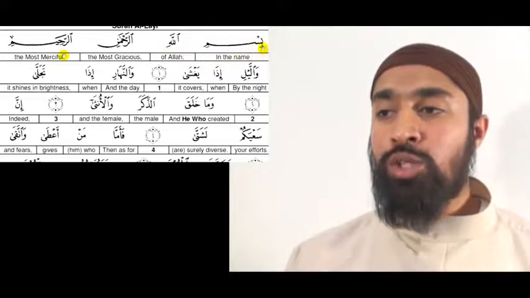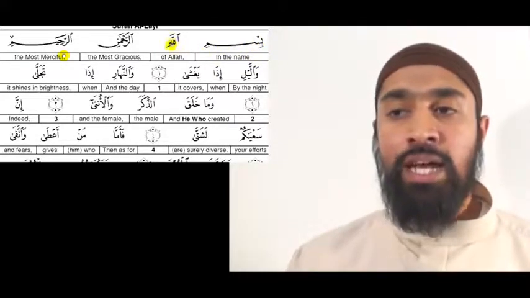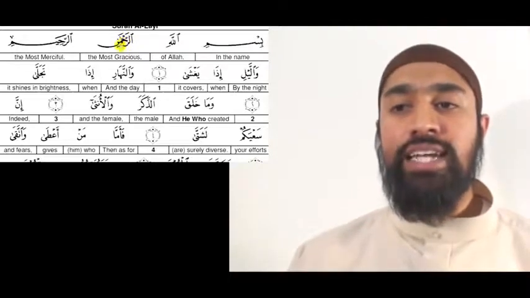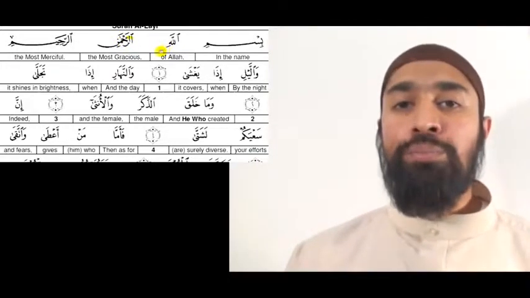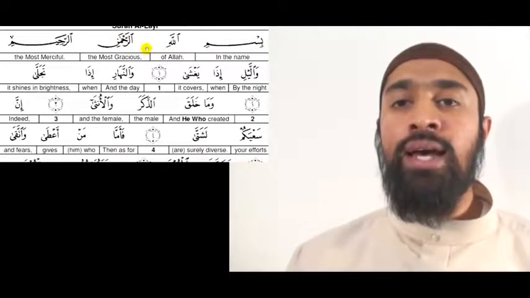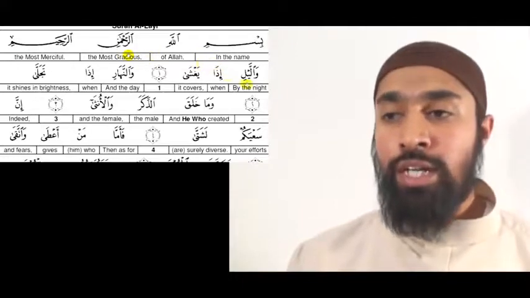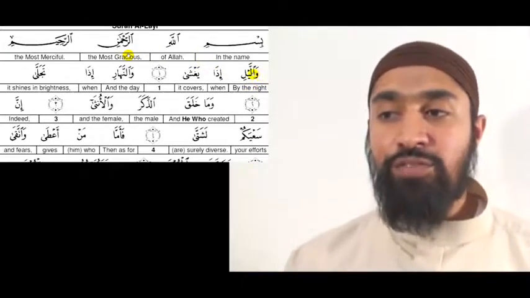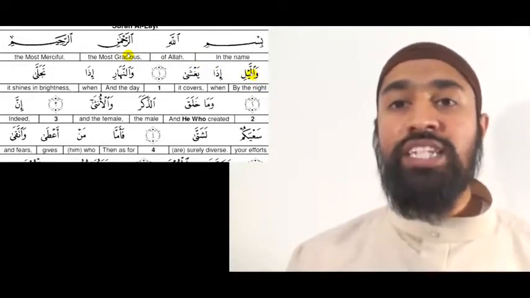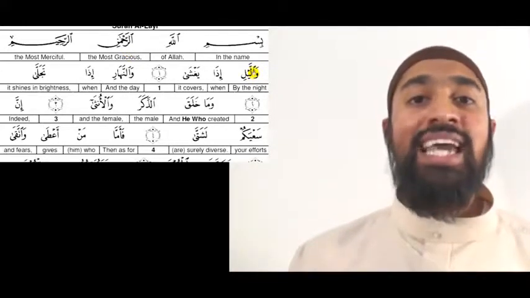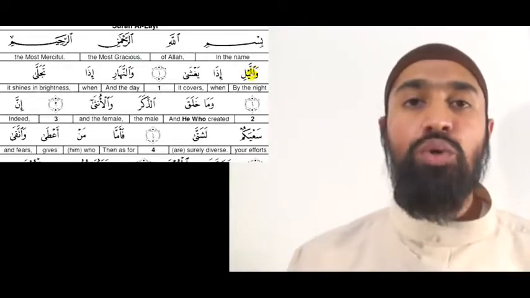Bismillahir Rahmanir Rahim. So we remember Ba, Sin, Mim, the Lam in Allah is going to be light, and the Ra is heavy, Ha is light, Mim we stretch for 2. Bismillahir Rahmanir Rahim. Now what I'd like to do is spell out a few of the letters here, but focus only on 2 major rules today. And today we'll be focusing on the heavy to light transition, or vice versa.